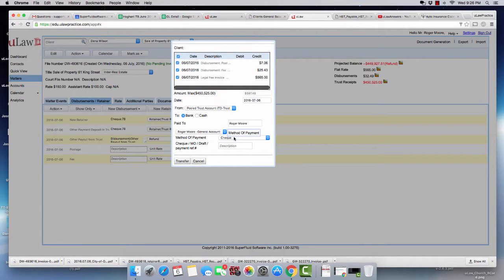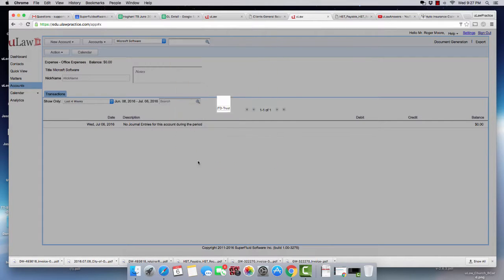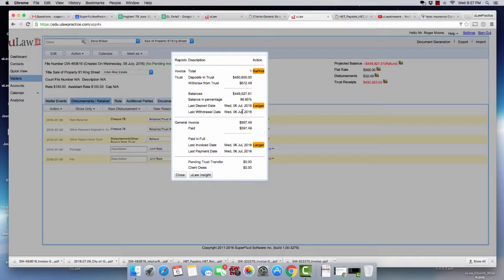Write yourself a check or do an electronic fund transfer, whatever is required. Put your requisition number and move it from your trust account to general account. This is where you're paying yourself, right? And be done with it. So now once you're done, you've paid yourself everything. What's left in the matter, even if you hit the question mark, it'll tell you what's left in the matter is